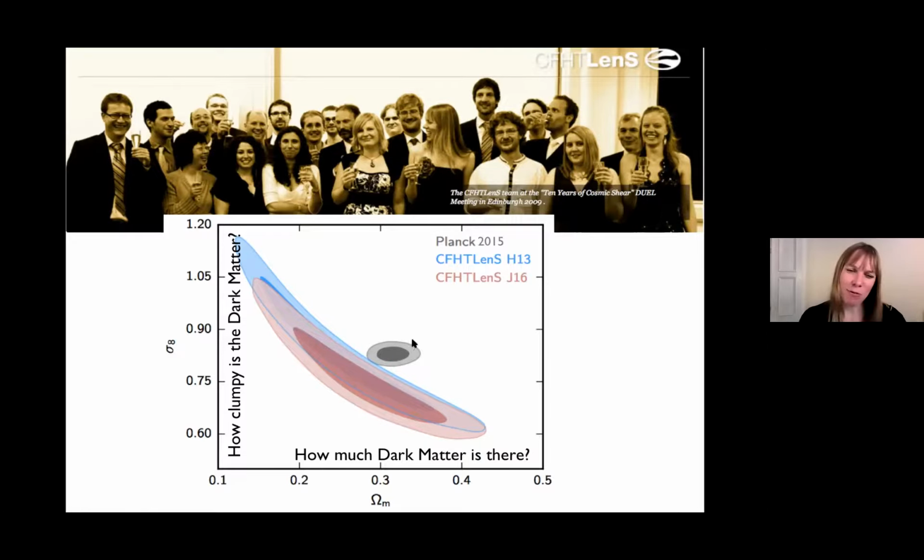The grey circle here, however, is what you get from the cosmic microwave background. So that tells you about what the universe looks like right after the Big Bang. And what you can see is these two things don't agree with each other. So in our model where Einstein's theory of general relativity is right and dark energy is this cosmological constant, data from right after the Big Bang disagrees with our measurements today using that lensing technique.